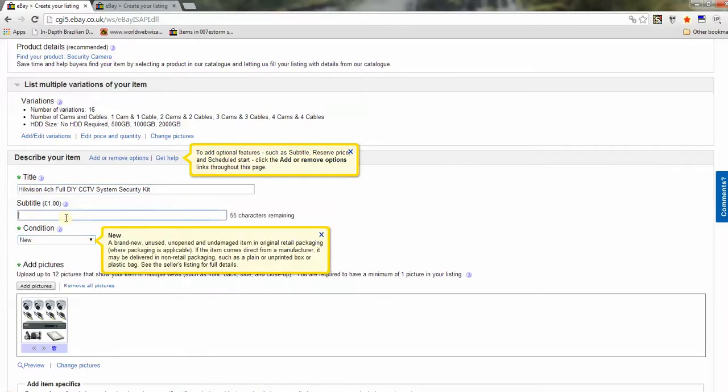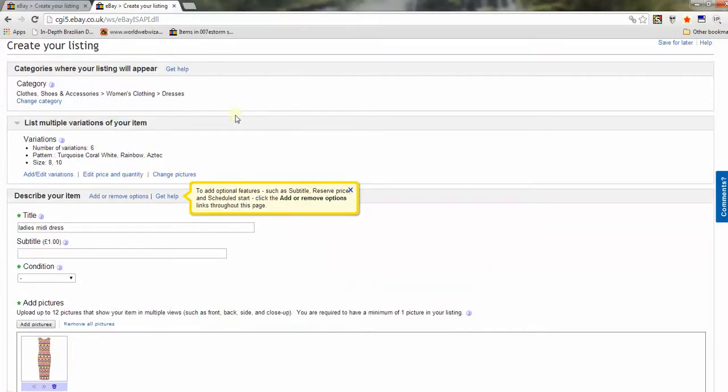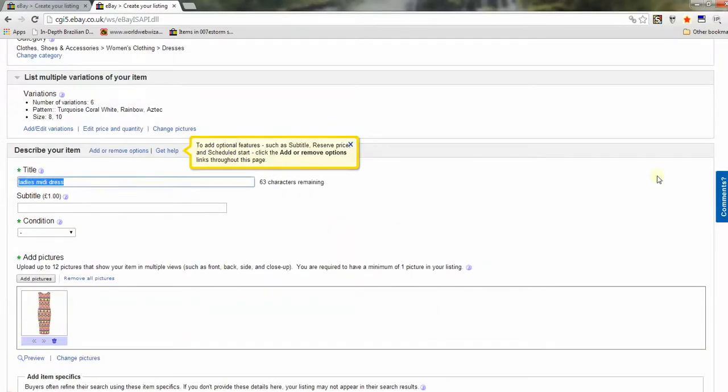You can use subtitle as well for paying extra. If you think you're going to sell thousands of that particular item, why not use subtitles and get more relevant search to come to your listings. Let's go back to this one and choose the right title for that one. Let's call it